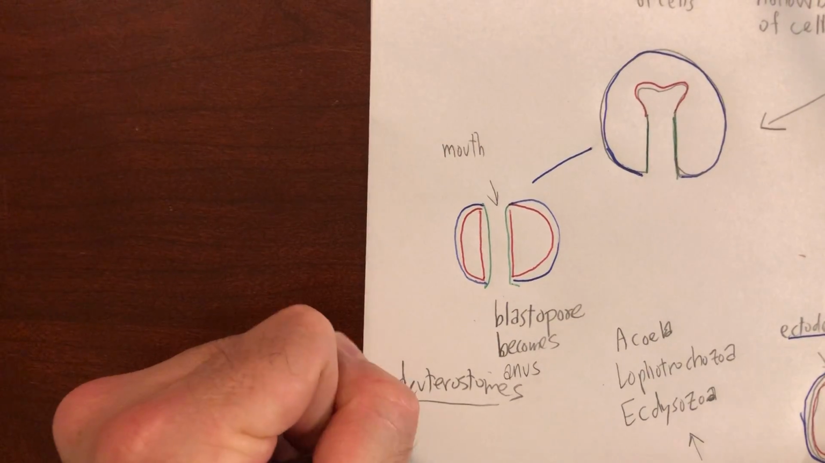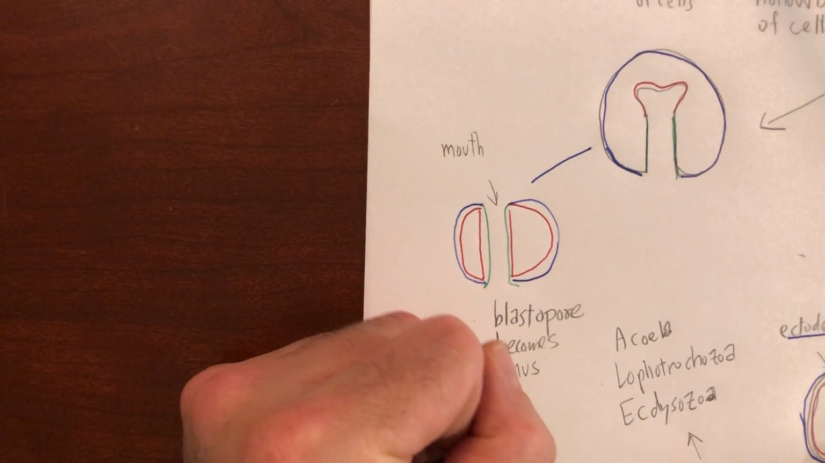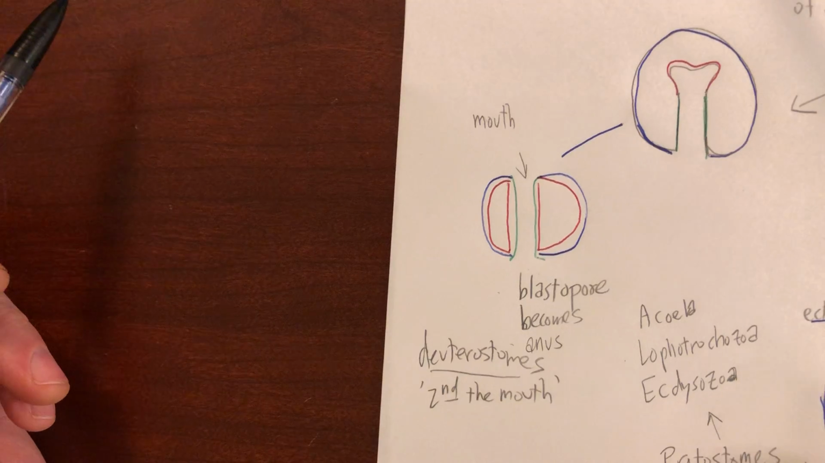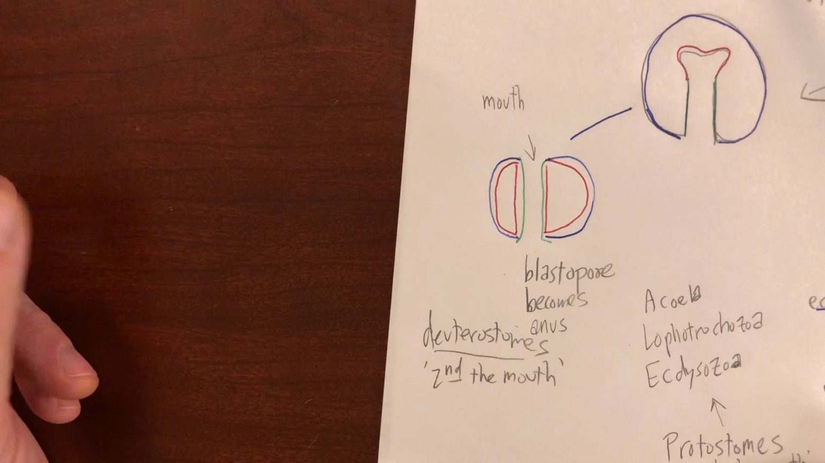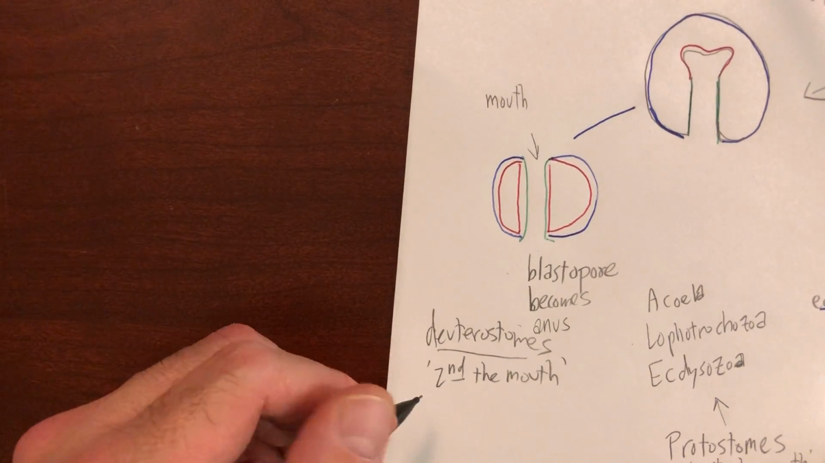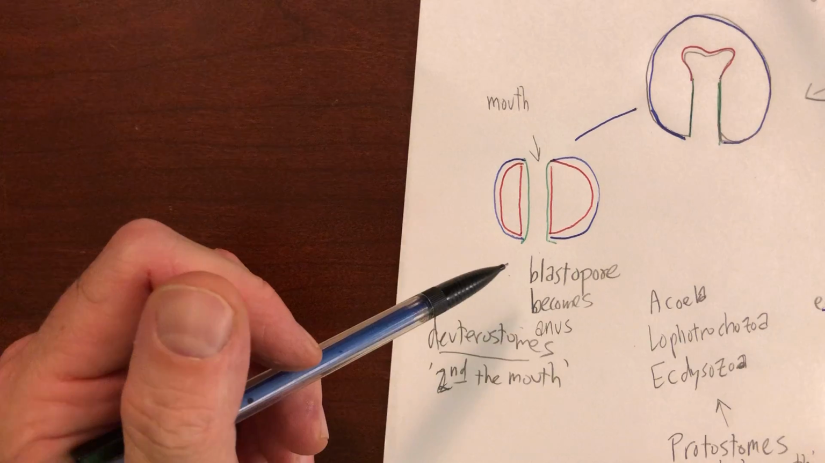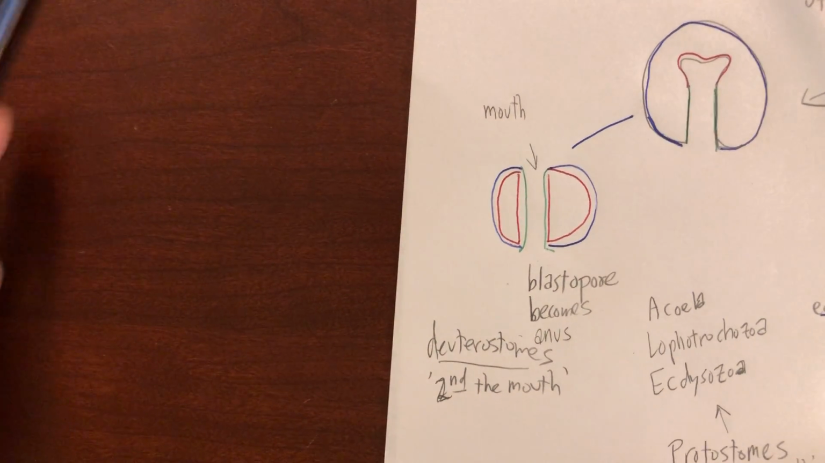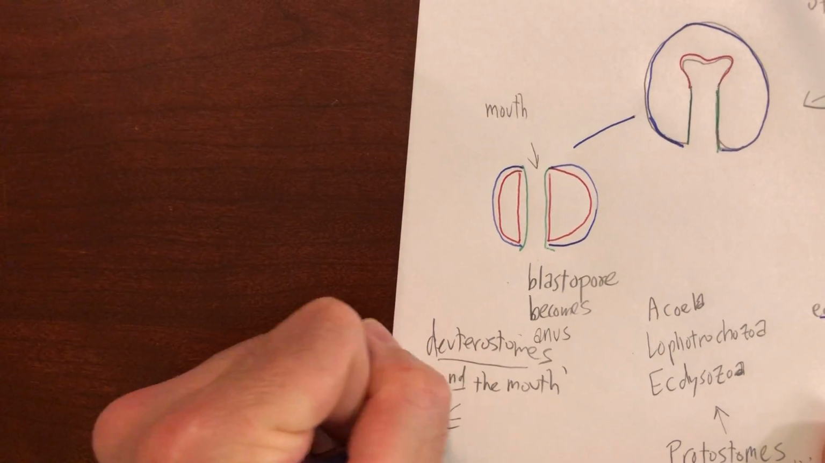And for that reason, these organisms are called Deuterostomes, which means second the mouth, which I guess sounds a lot nicer than calling them protanuses or protoprocs or something like that. Just drawing attention away from the whole fate of the blastopore in this case. So who are the Deuterostomes? The Deuterostomes are